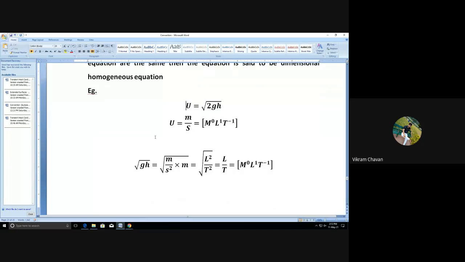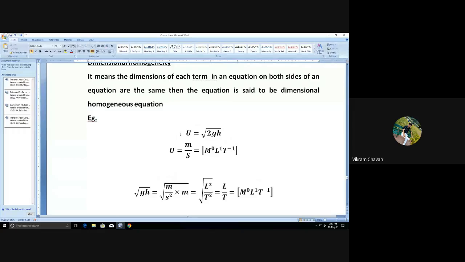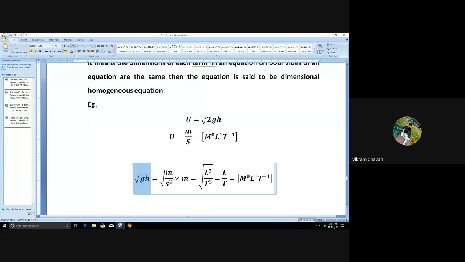For the example purpose, you can write. Consider the equation u is equal to under root of 2gh. So u, whose unit is meter per second, is velocity, and its dimensions are m raised to 0, L raised to 1, t raised to minus 1. And under root of 2gh, we can take under root of gh only, because under root of 2 is constant and it does not have any